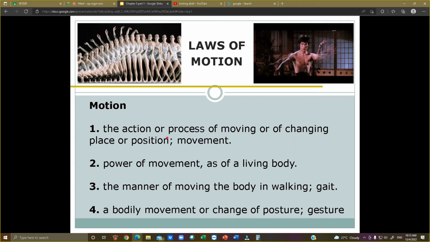In law of motion, so law kita dah ada rules. Motion, in a simple word, is movement. Okay, ni dia punya definition yang lebih power lah. Action or process of moving, changing of place. Saya ambil satu je, movement. Means law of motion is the rules that we follow by movement. Okay, movement apa? Any movement. It follow the same law.